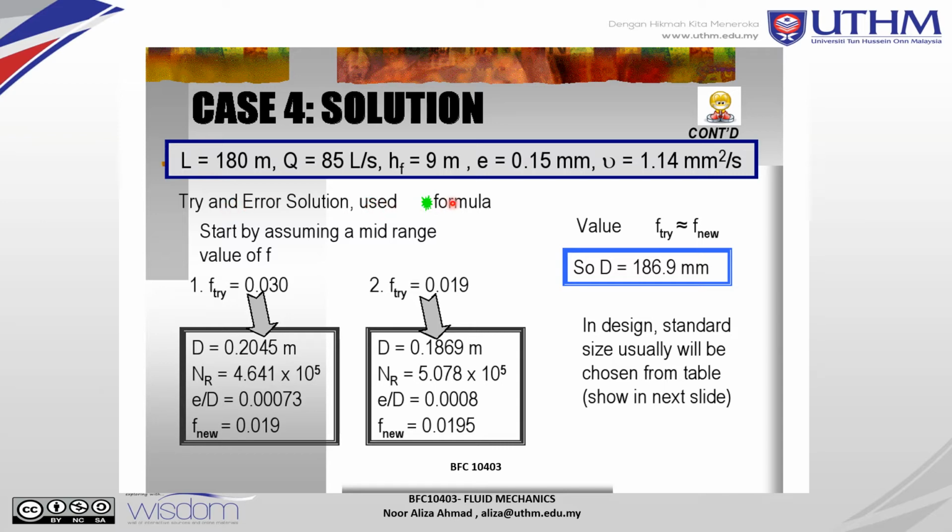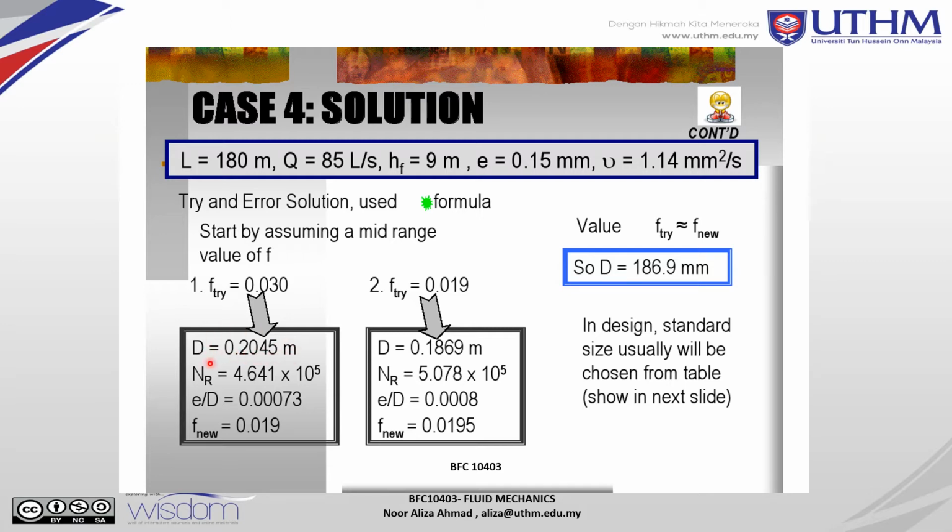So you use the formula for D. Start by assuming a mid-range value of F. From the previous slide, I said that you want to try the F trial, so you must use from 0.020 and above. So in this case, we can try the F trial 1 using 0.030. After you use this trial F, you just insert all the values into D and the Reynolds number, and you get the diameter of